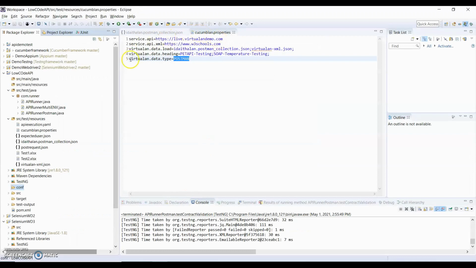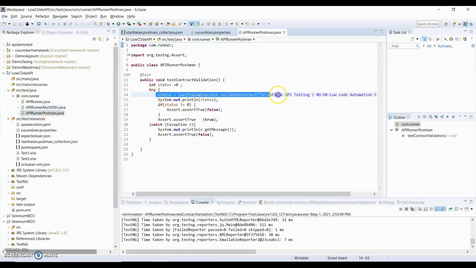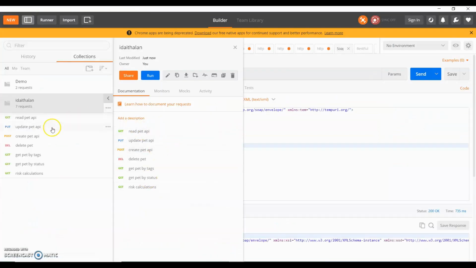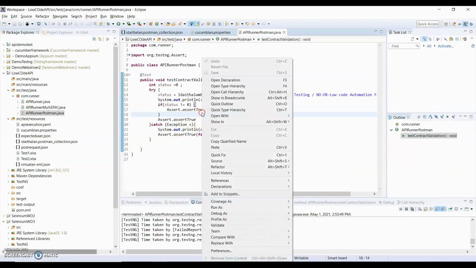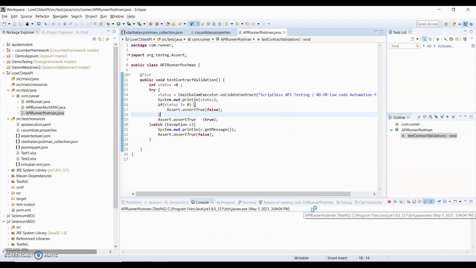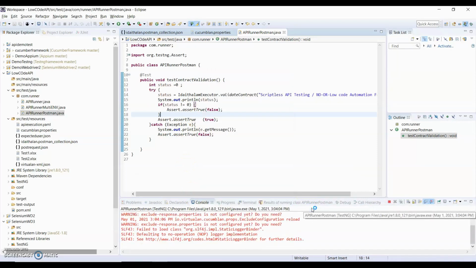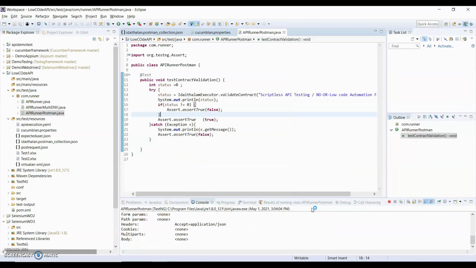So I created a separate Java file. Here I just copied this and did nothing else, and let me run this. We have this Postman collection, and now I will get a feature file, and I am also getting a generated report showing what passed and what failed.